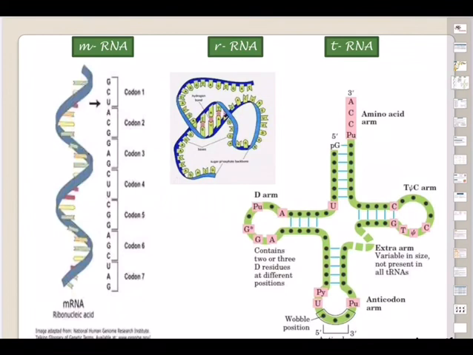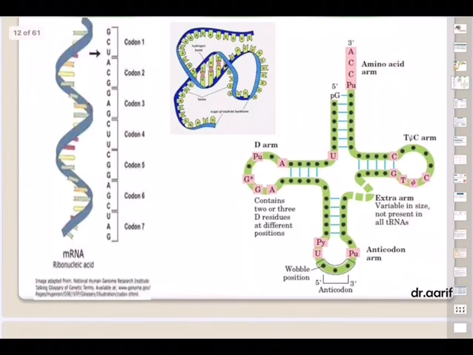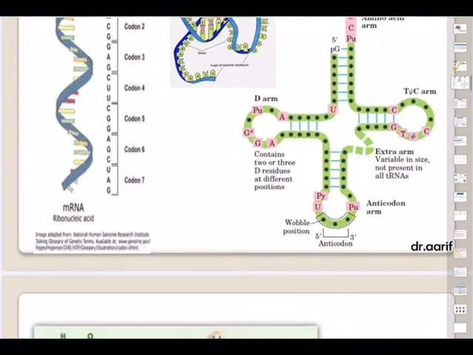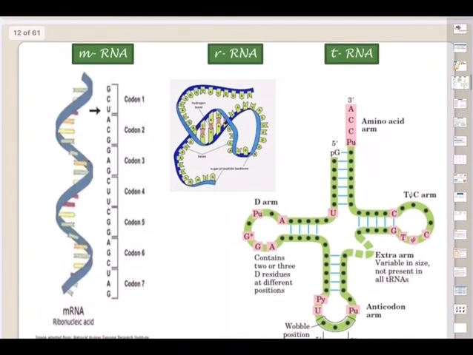And the tRNA has got what is called an amino acid arm and an anticodon arm. Now you can see the anticodons and codons, wobble position, all this we will discuss when you come to 12th class. At present, just remember that RNA is of three types: mRNA,